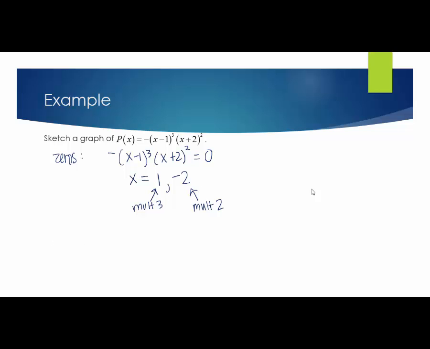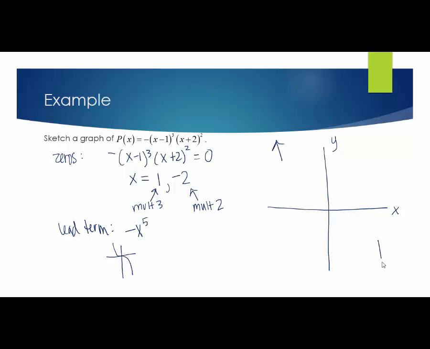Okay, we can also take a look at our end behavior, and together with these zeros and possibly some test points, we can get a good idea of what this graph looks like. My leading term is, well, x cubed times x squared. When I multiply an x cubed times an x squared, I get x to the fifth. And the coefficient on that is going to be negative. So I want to think of x to the fifth, but reflected vertically. So here's my end behavior. Let's plot our zeros in here at 1, 0,